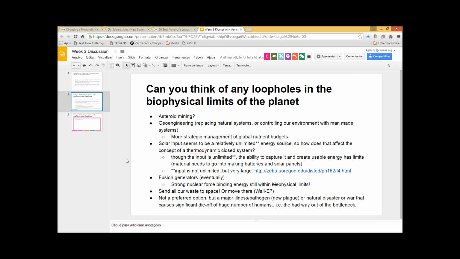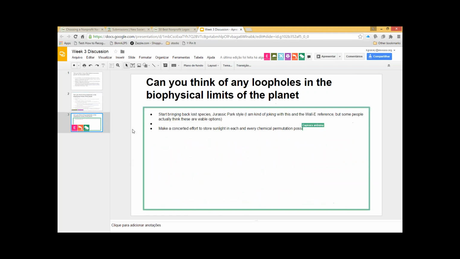Right, another biophysical limit in some sense is like if we really screw this up and our pollution or whatever overwhelms us, that would essentially shrink the size of the economy because it would shrink the number of people who are involved in it, which is not a good way out of the system. That's exactly the kind of scenario that ecological economics is trying to avoid, but it is certainly true. It is not exactly a loophole. It's more of a consequence of exceeding our limits, right? So all of these are challenges. These are very good examples from folks on both of these points.